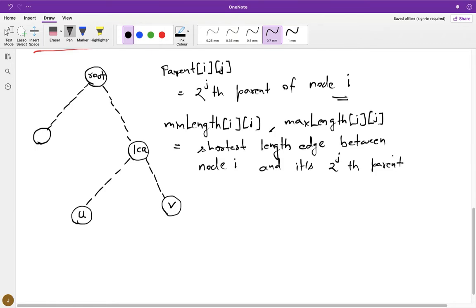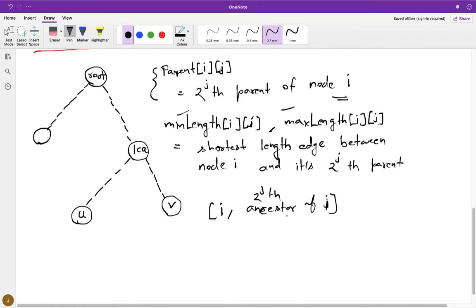Similar to how parent stored the 2 power jth ancestor of node I, here we are not going to store the ancestor, but the shortest or longest length edge that we have encountered between this node I and its 2 power jth ancestor.